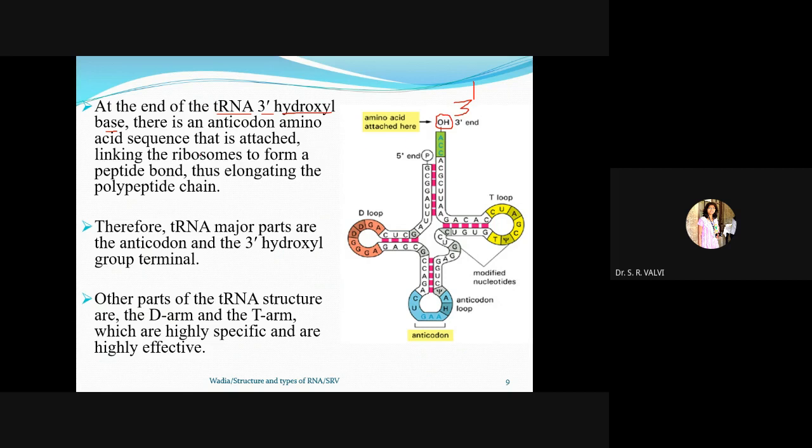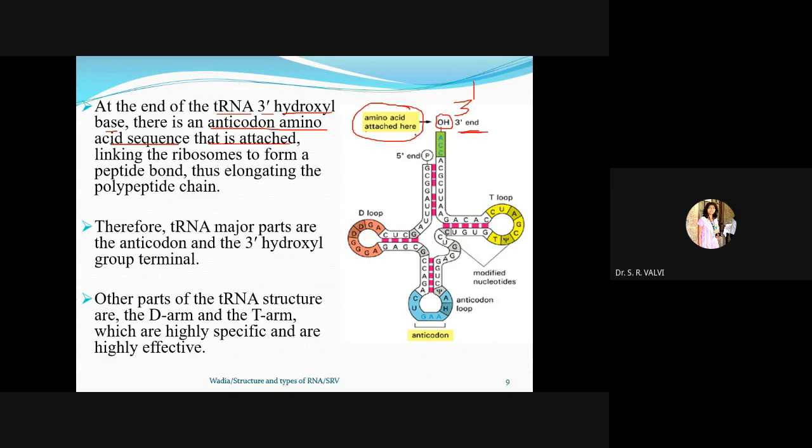There is an amino acid attached here. See, in yellow the amino acid is attached here. So always remember that at the 3 prime end only the amino acid is attached, and whatever the amino acid attached over here,